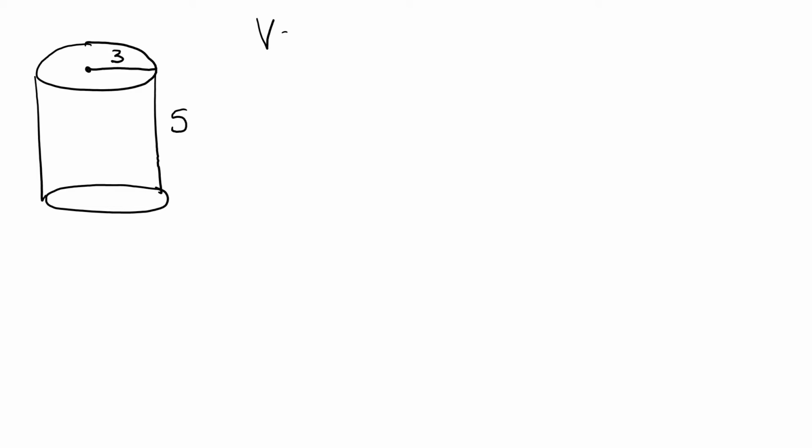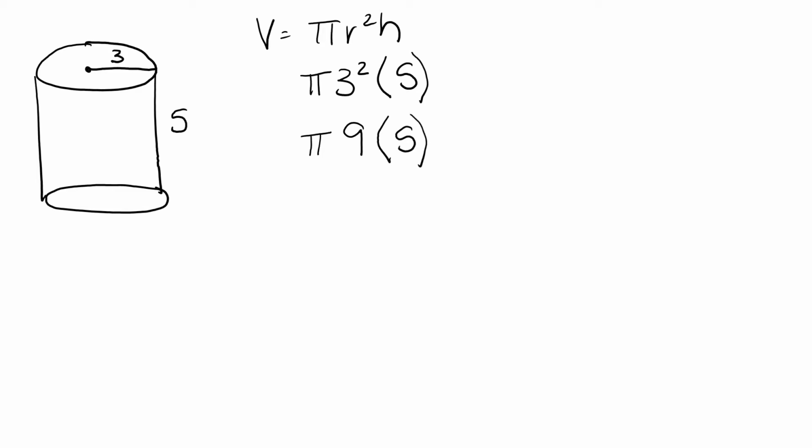We use our formula pi r squared h, plugging in our radius 3 and our height 5. Solving exponents first, 3 squared is 9, and then multiplying that times the height 5. 9 times 5 is 45. We then multiply the 45 by pi, and the directions tell us to use the fraction 22 over 7, and